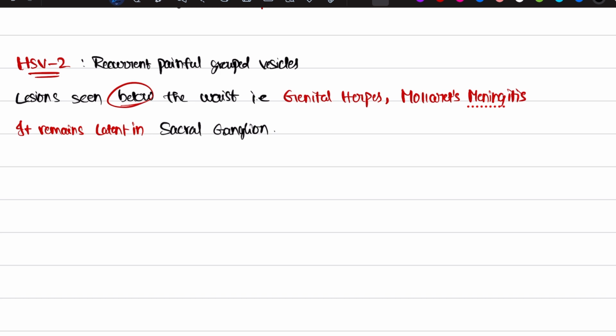So, Mollaret's meningitis, this is an exception. It is going to involve meningeal inflammation. Okay. So, next we are going to